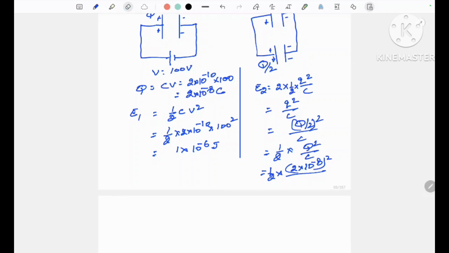Q square by c, this will be 1 by 4 q square by c